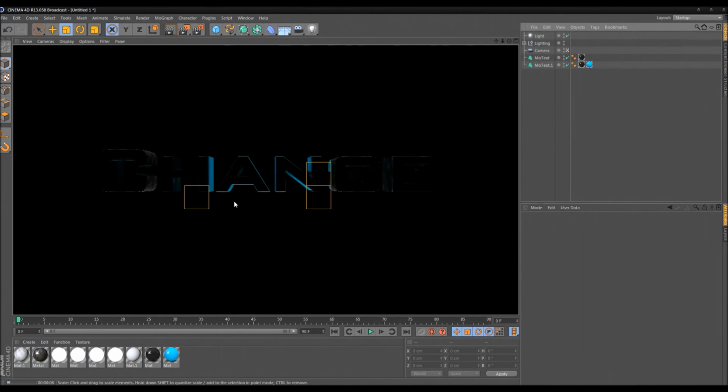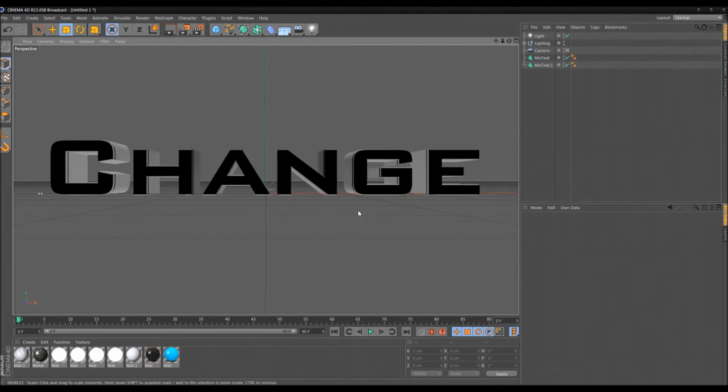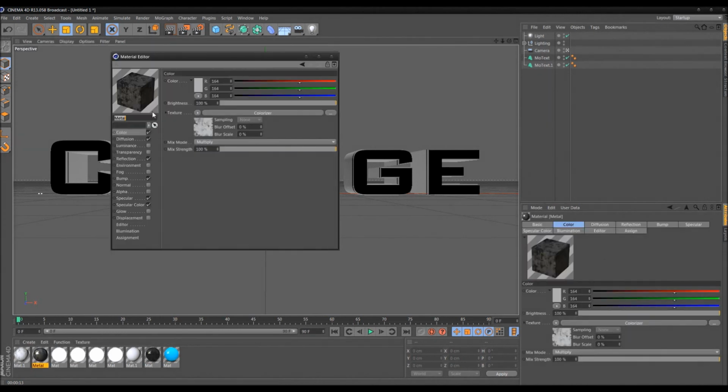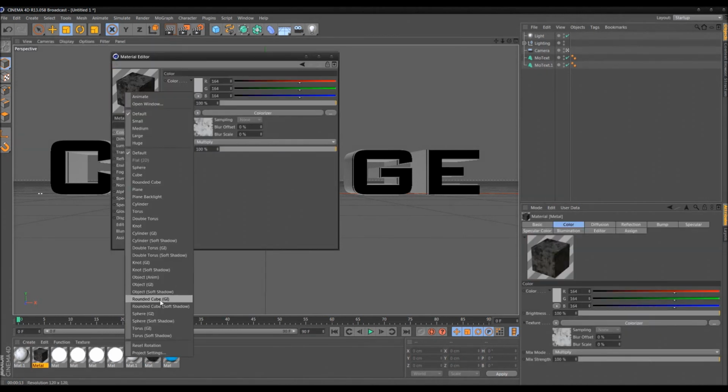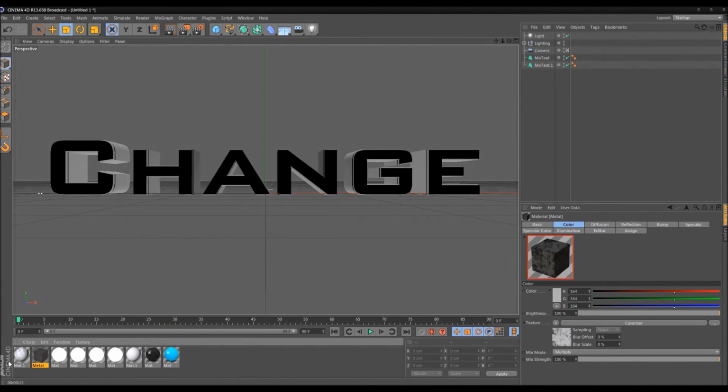So yeah, that's a little thing again. What you're gonna do is you can always just click and drag to select these materials and hit delete if you want to change the colors, obviously. Here I have two kind of grungy looking materials. I don't know why it's always a cube. I need to change that. But yeah, these materials are really